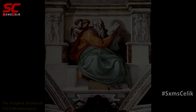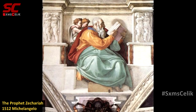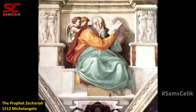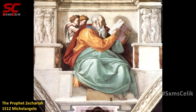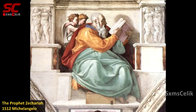The Prophet Zechariah, 1512, Michelangelo. Michelangelo completed this fresco painting in the Sistine Chapel in Vatican in 1512. This high Renaissance religious painting depicts the minor prophet Zechariah. Some historians believe that the painting is actually an effigy of the then Pope Julius II, who had a tense